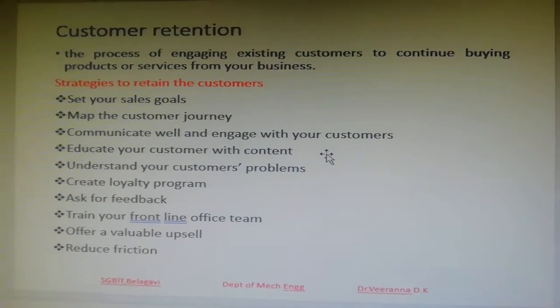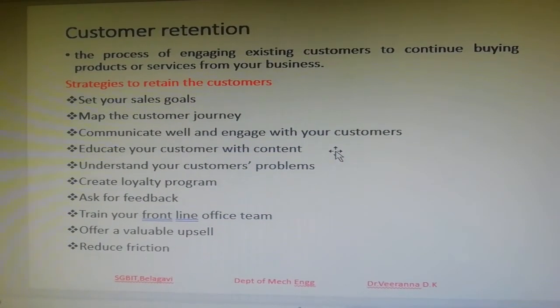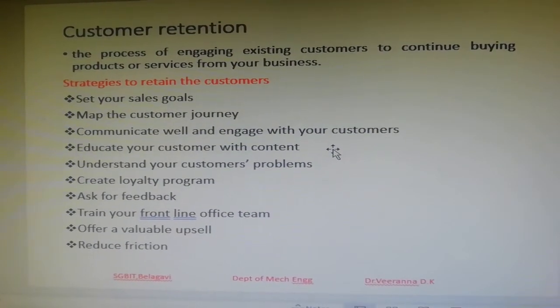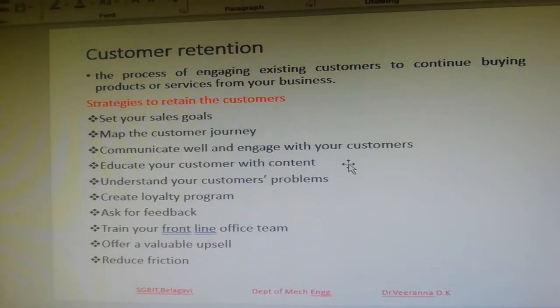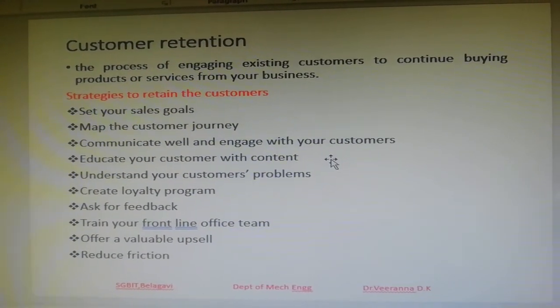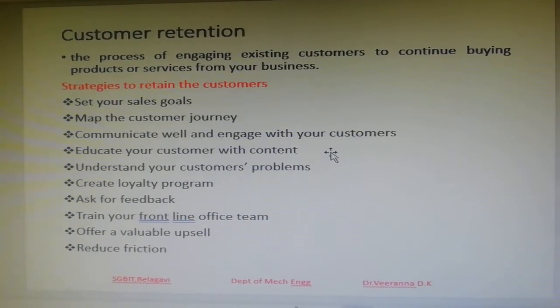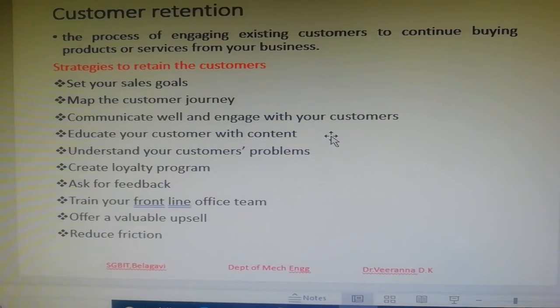And at the same time, the biggest challenge is to educate your customers so that they will understand what the product is about. Then the people will come back with the content of your product. If they know the technical details of your product, they will come back. And you have to listen to your customer problems, through either a focus group or toll free numbers. If you solve those problems, then automatically the people will be retained with you.